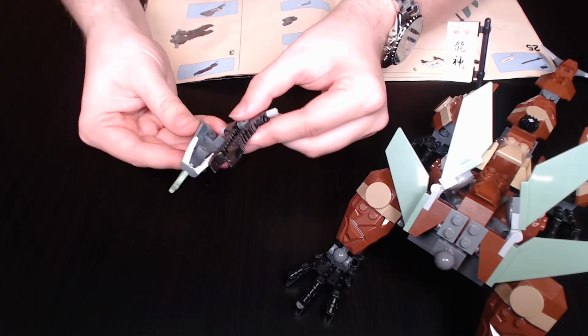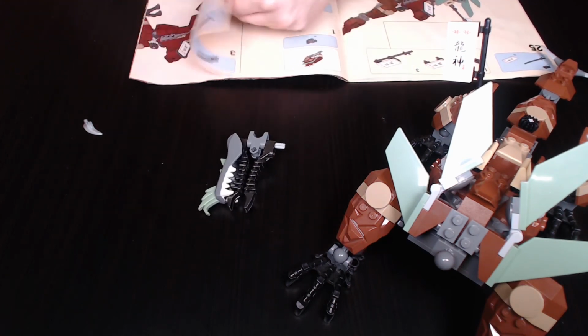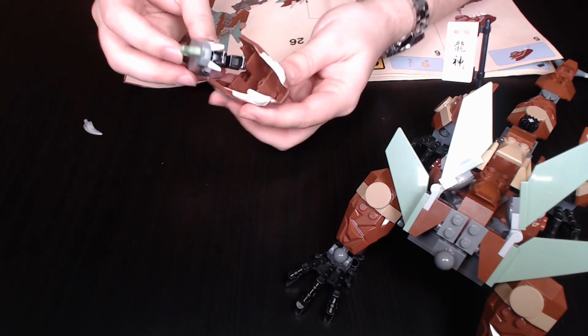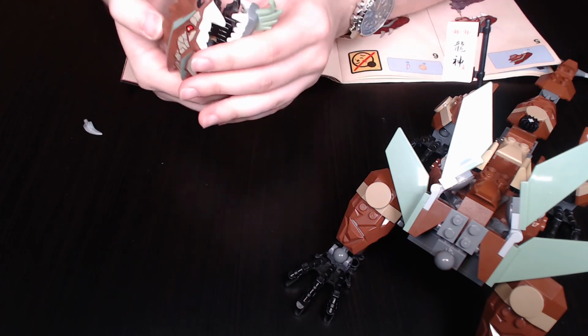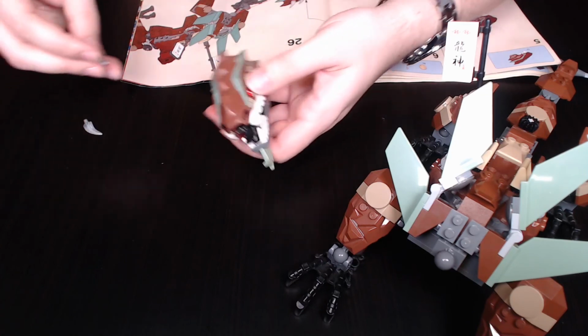Now we put on the bottom jaw, like so. And what next? The top? Yes. Now we put on the top, like that. Everything's lined up. Everything's closed. Now we take 2 little knife blades